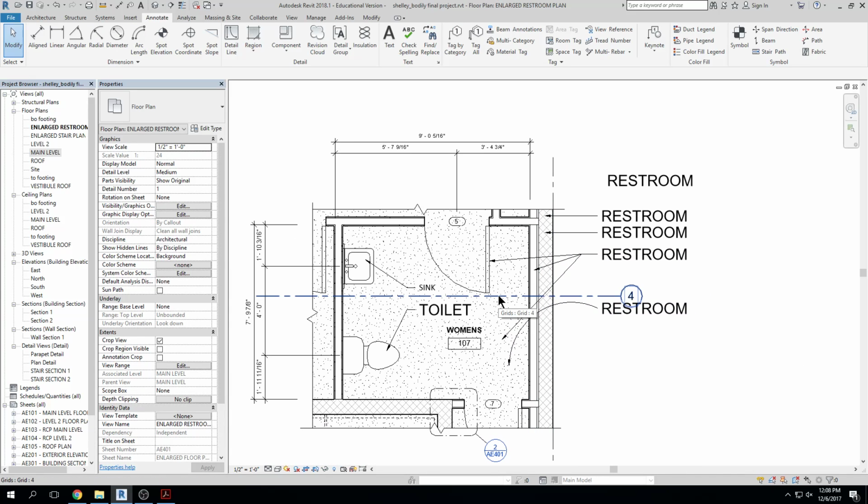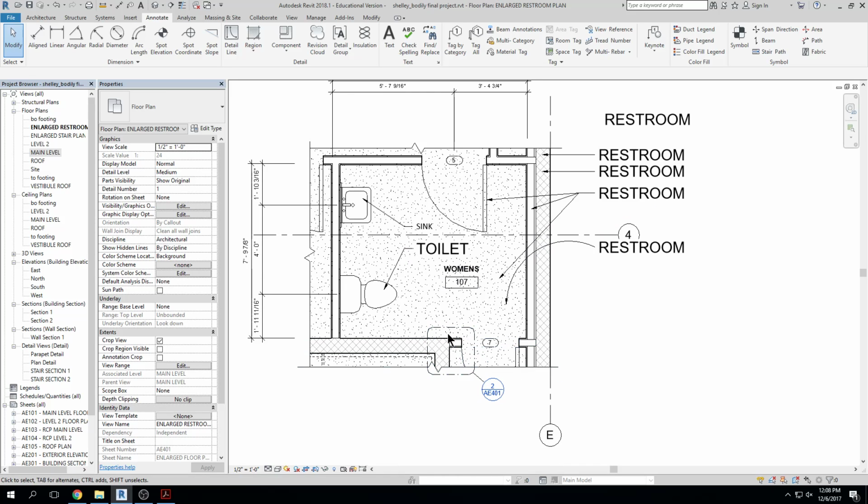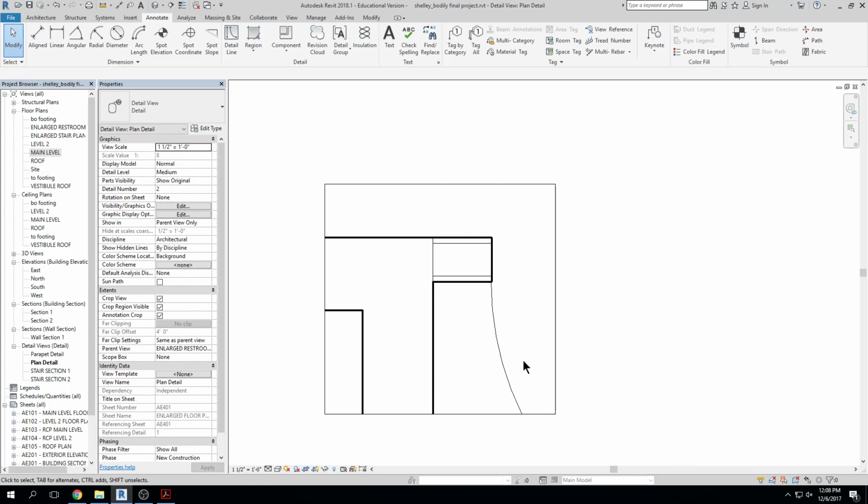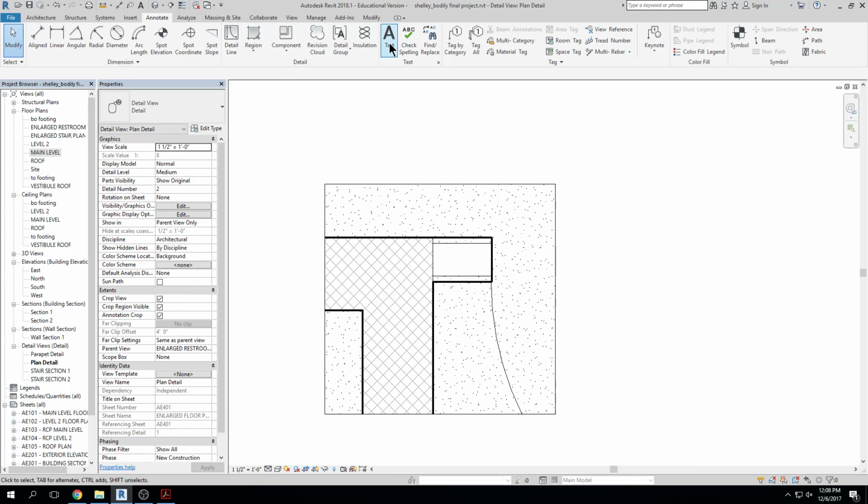So when you see things like call out a few different items on the floor plan using text in the leader, this is what I mean, right? So you call out the sink, you call out the toilet, right? You call out the door maybe, or if there's a piece of equipment, call that out, right? If you're on a plan view detail, click, click. You'll be calling out more detailed items like,